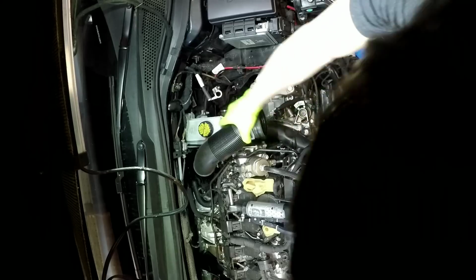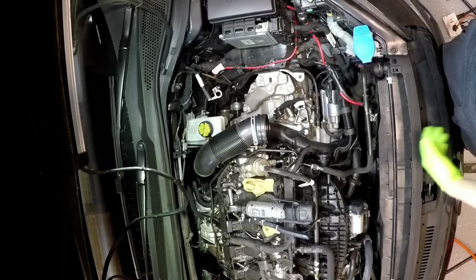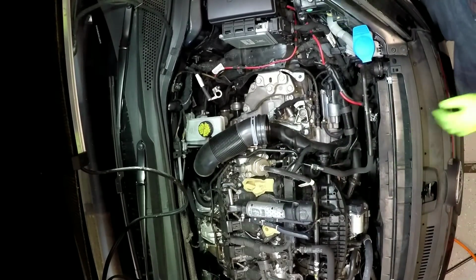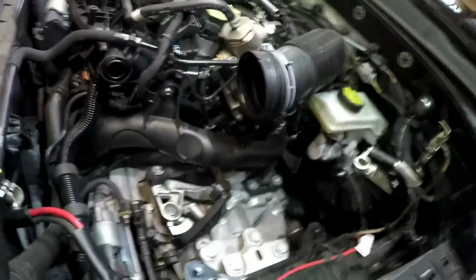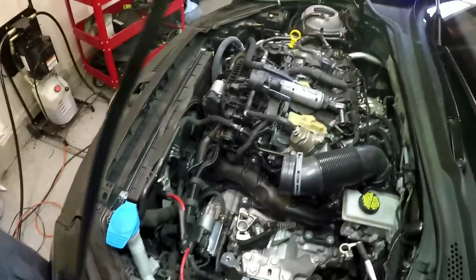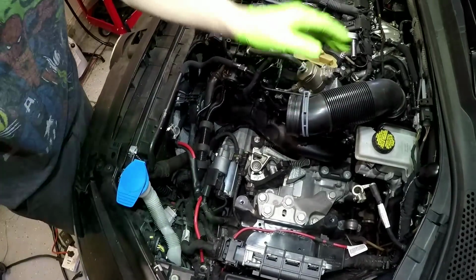You only gotta fight that a little bit. And then there's this intake one, which they put the clamp pointing in a stupid position, like always. So I'm just gonna leave that on. Trying to find a way to position this camera. Okay, then you got your